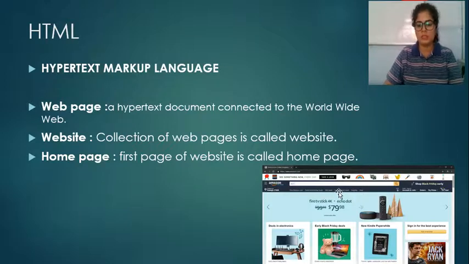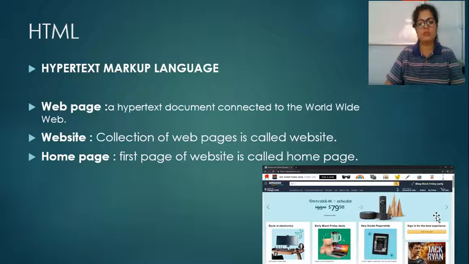Amazon is a website in which you can shop anything, buy anything, and make payment on this site. So basically, what is a web page? The page which is displayed on the screen is known as a web page. A web page is an electronic page that displays on any of the websites.